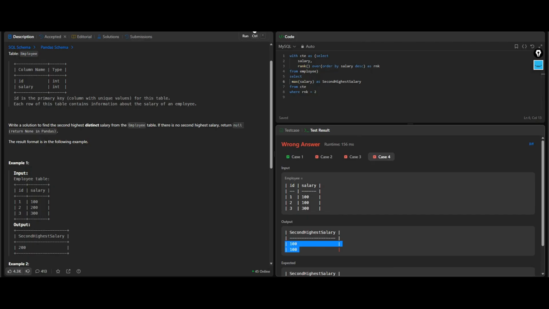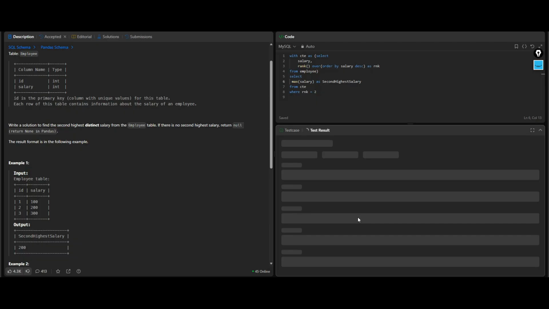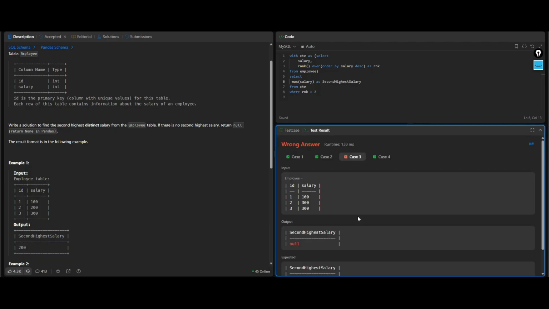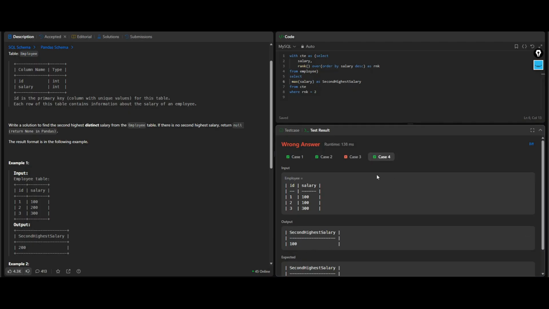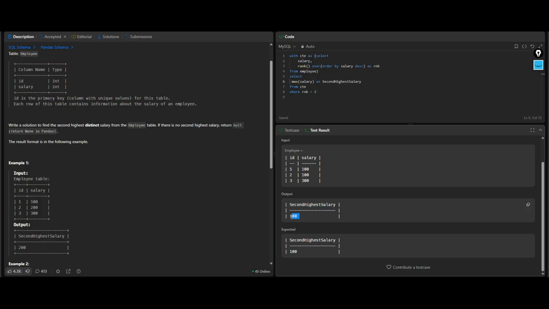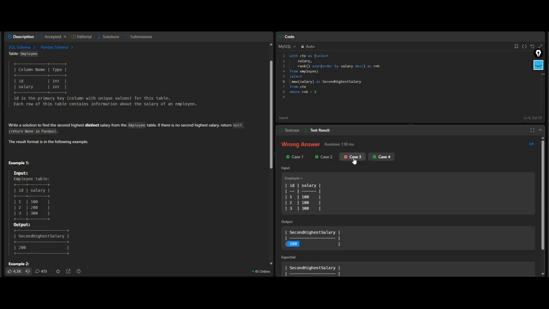We'll submit it again. Now case 2 and case 4 have passed, and we are getting just one row. But why is case 3 giving us null, although the second highest is 100, since 300 is the highest salary?